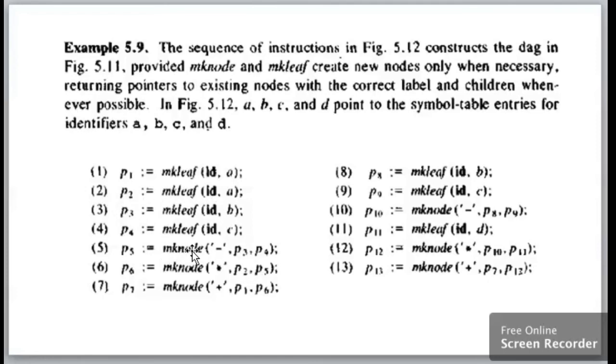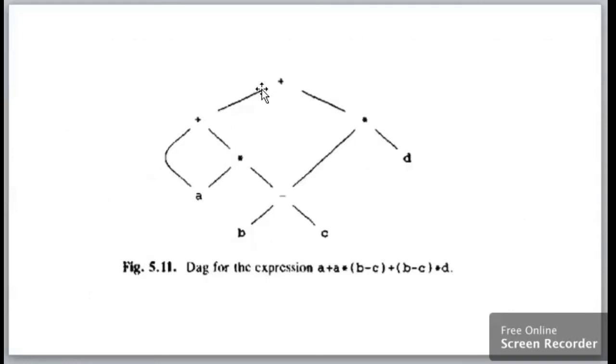What is p5? The minus output, that is b minus c, that would be multiplied. Then it would be added with which one? p1. Again it's a with p6, the total output of a into bracket of b minus c. This output is p7. So p7 is going to represent this entire sub-expression.